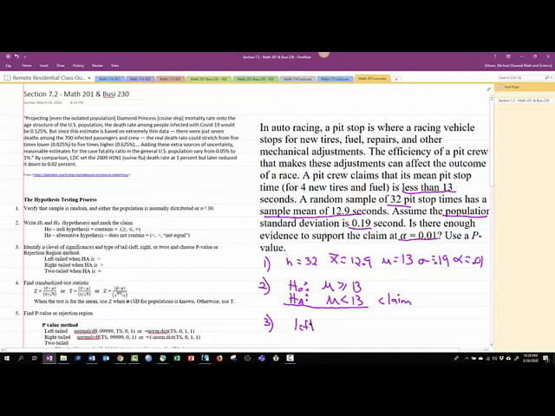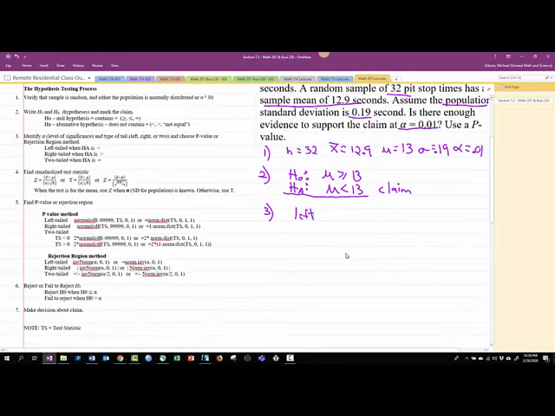This is a left-tailed test. All right, step four, find the standardized test statistic. Whenever we're dealing with a mean, the standardized test statistic is the mean of the sample minus the mean from the claim, divided by the standard deviation, which remember is the original standard deviation divided by the square root of n. All right. So in this case, what we get for that is 12.9 minus 13